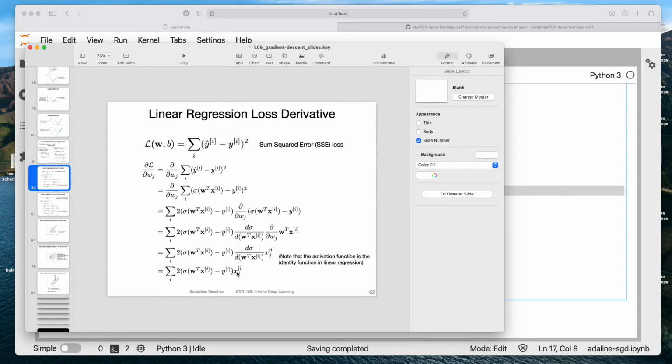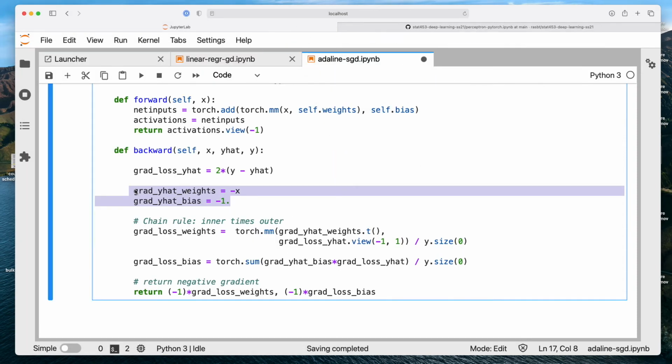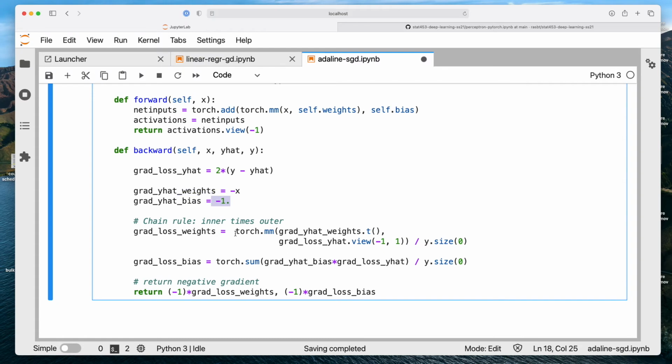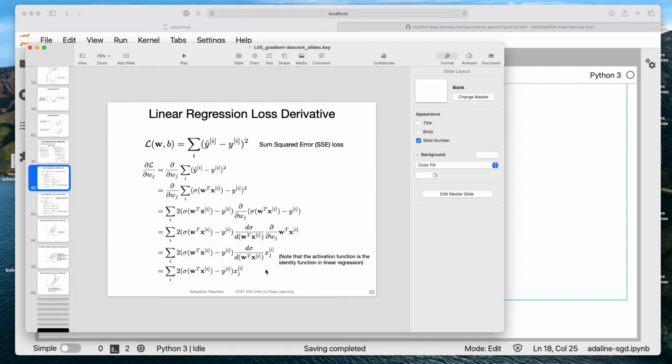This is this x basically, for the weights. And for the bias unit, it's just -1, because if we compute the derivative of this net input with respect to the bias unit, this would be 1.